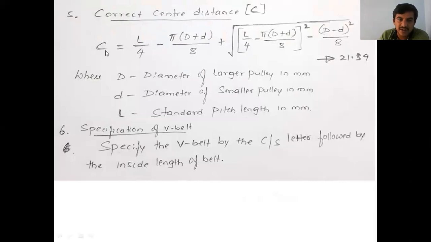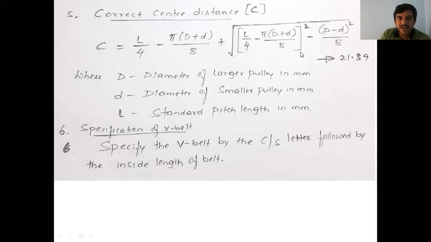If C has already been given in the problem, in a V belt we should not adjust the center distance there, and also we can't adjust the length of the belt. In a flat belt, if the length of the belt is more, we cut the belt and join it with the help of pins and clamps. But a V belt is of infinite length, meaning it is a closed one. If you cut the V belt, it is unusable, and if the V belt is elongated, again we can't use it.